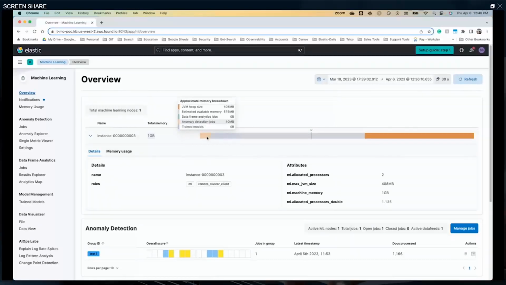Now imagine if you have a 64 GB machine, and then you have about 20 GB for the JVM, and the rest is for the estimated available memory. You can have so many jobs just running on one license, because 64 GB is one license as per Elastic terms. So if you have one license, you can have numerous jobs for the ML. And I'm talking about a small environment where you have about, say, 5 terabytes of data per day, or 10 terabytes of data per day.